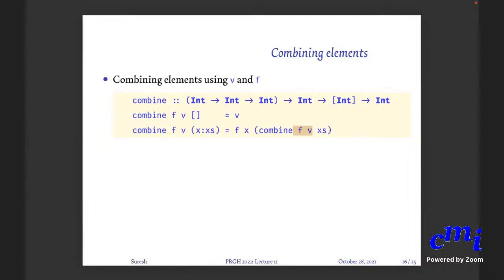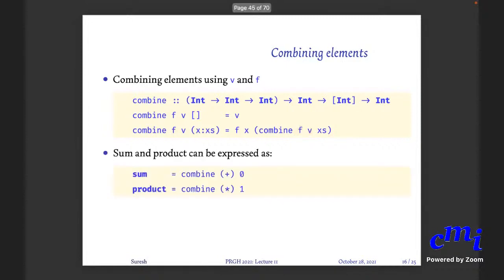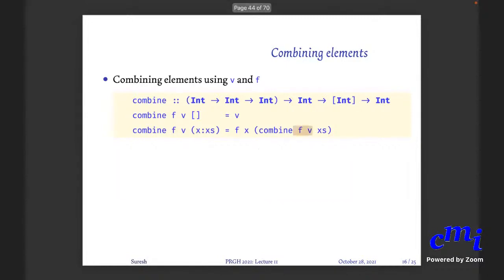Sir, I have a doubt. Here the domain of the function is given as int arrow int, right? In general, the second argument need not be an int, it should be a list of int. No, sorry, I didn't let you complete your question. What was your question? Should it be int arrow, list int arrow, int, since it is given a list of integers in the second? I didn't understand. Where should it be list of int?